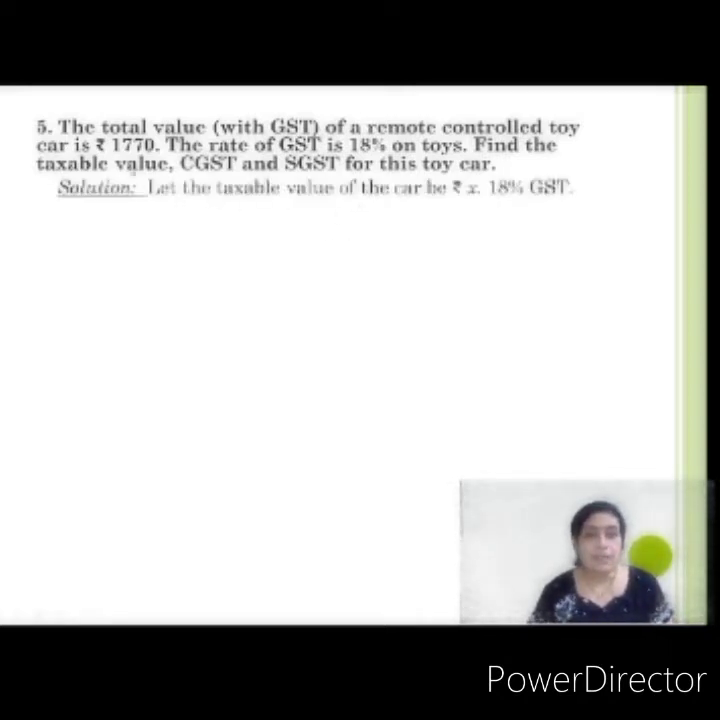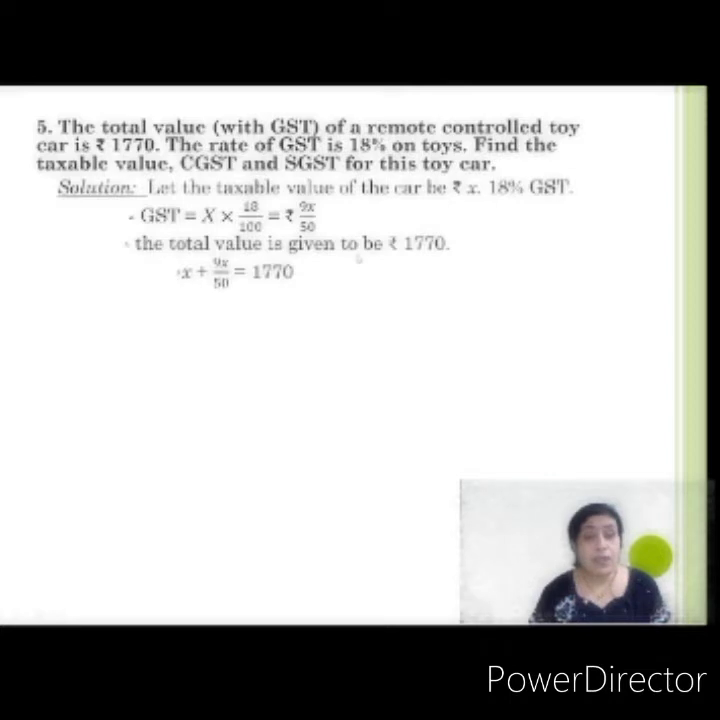Let the taxable value be X and the rate is 18%, right? So 18% GST has been applied on what? Applied on the taxable value. Now suppose we consider 18% of X. I am calculating in terms of X. So the actual rupees will be 9X upon 50 after cancellation. How is this cancellation done? I hope in 10th standard you know how this calculation is done. Then next, the total value is given as